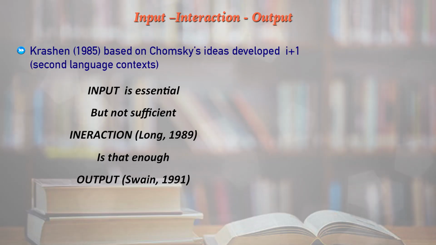This is Krashen's theory, based on Chomskyan ideas. He said the input given in a second language context should be slightly above the developed language level of the learner, that is, i+1. That is what input is, but it is not sufficient. But Long said no, it is not sufficient, people have to talk and work with that. Then Swain said that will lead to output. The output is performance. It is not a linear way, but a kind of process which happens.